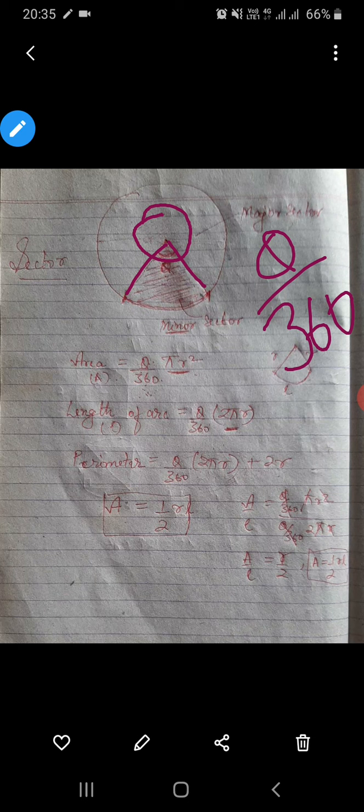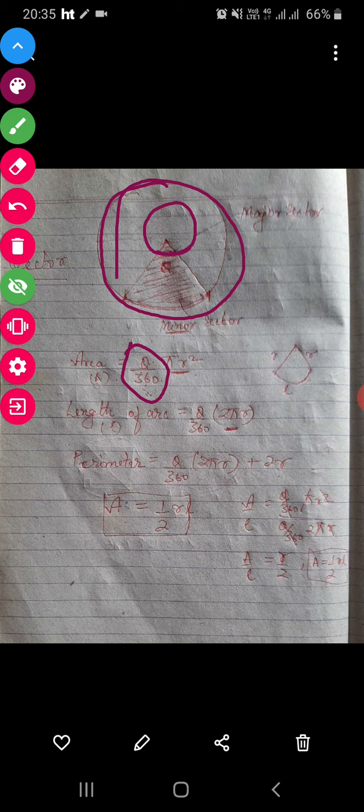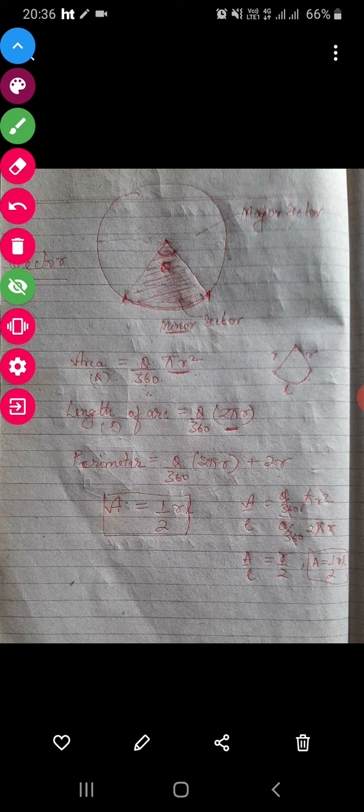You can see that area of circle is pi r square, so theta upon 360, this theta is the ratio of the complete angle. So overall you can say that this will give the area of the sector. Again I am repeating, class, I made you understand what is a sector. This is your minor sector, this is your major sector. You can call it simply a sector also, but for major sector you have to name it as major sector.